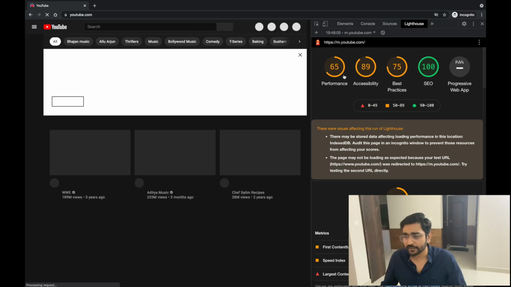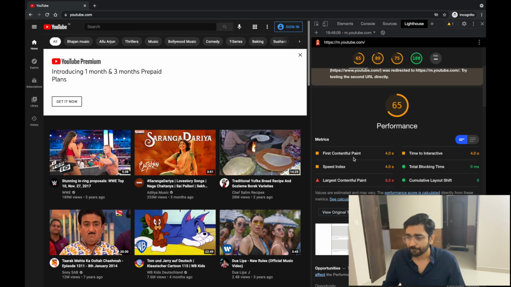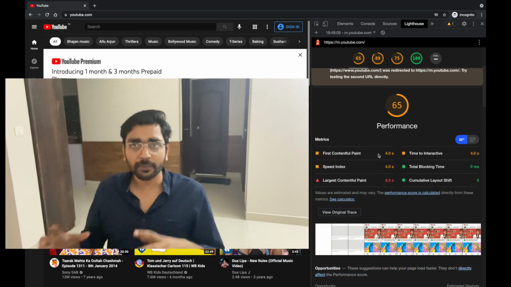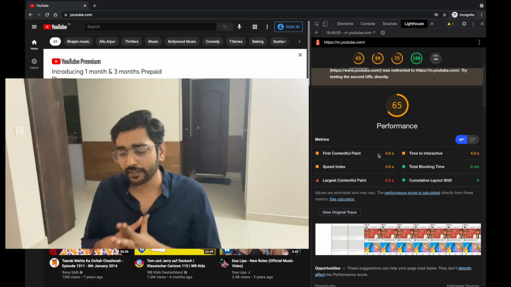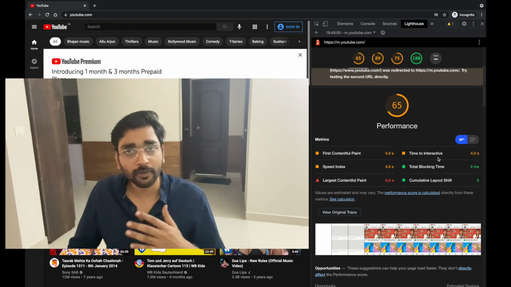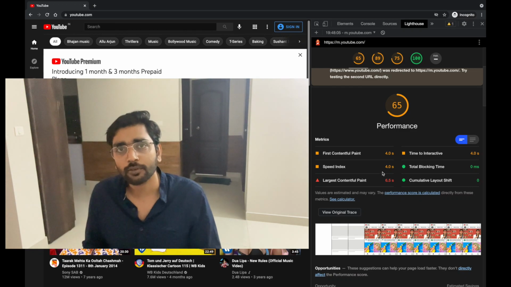This basically generates the information about your performance. Right now you can see different scores. There is accessibility, SEO, performance, and everything. In this there are multiple points. We'll go deep when we talk about RAIL. But at overview, this will show the content paint time and what it took to be interactive. You can go ahead and check for your website what your audit score is.